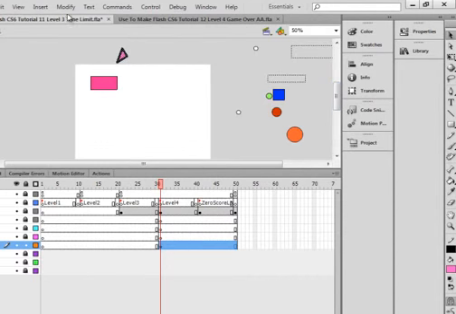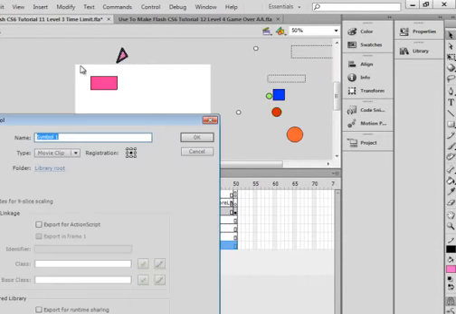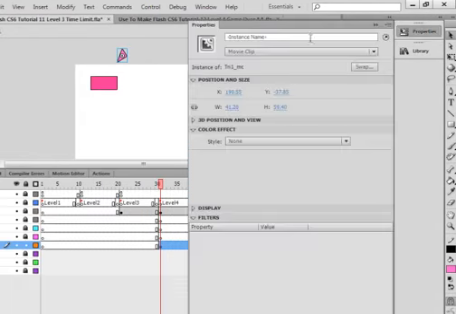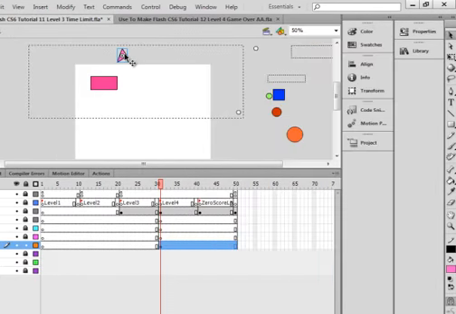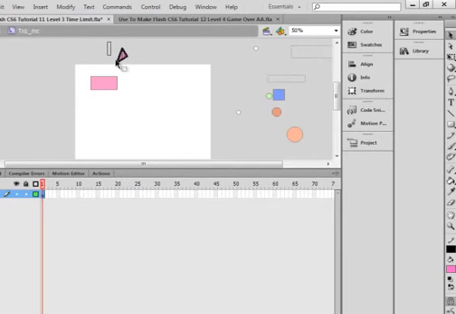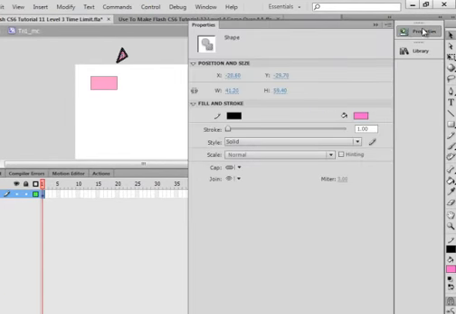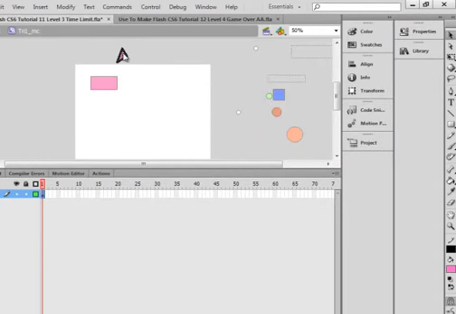While it's highlighted, modify, convert it to a symbol, make sure it's movie clip, TRI1_MC, copy that name and paste it in for an instance name. Now double click on it or inside of it, highlight that, it's fuzzy. If I open the properties panel, that's just a shape. So get the crosshairs, right click, copy that,